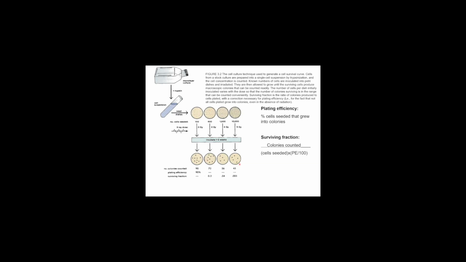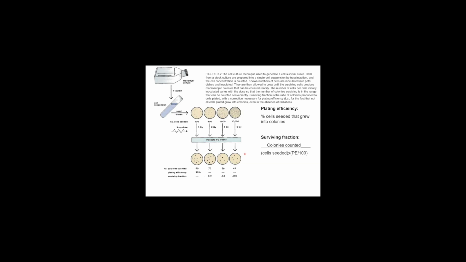This allows us now to plot the first point in our surviving fraction, which is the number of colonies that were counted, which is 72, divided by the number that were seeded, which is 400, times the plating efficiency, which is 90%, and we get 0.2. We do this for 4 Gy, but now we have to plant even more cells. We do it for 6 Gy, and now we have to plant even more cells. But in each case, we calculate the surviving fraction, which is 0.2, 0.4, 0.005, and we can now put that